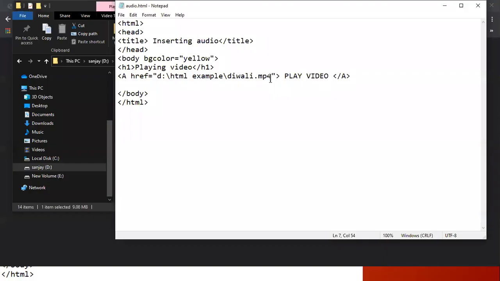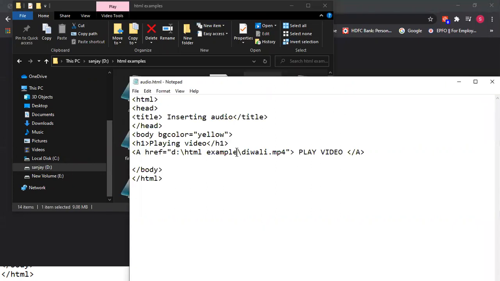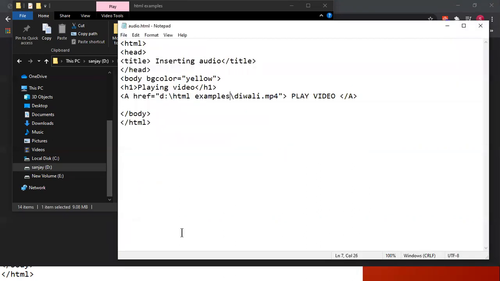It is d colon html example. Okay, folder name is examples actually है. ये थी प्रॉब्लम. सेव करते हैं फिर से.